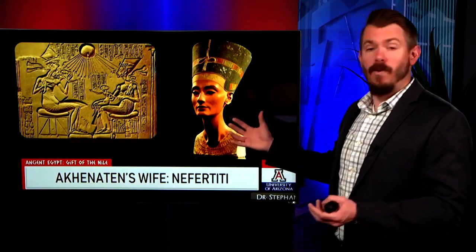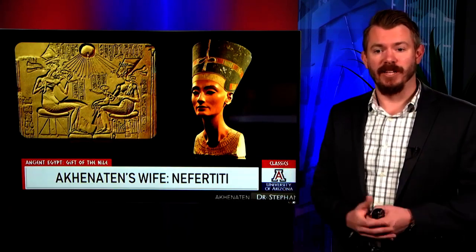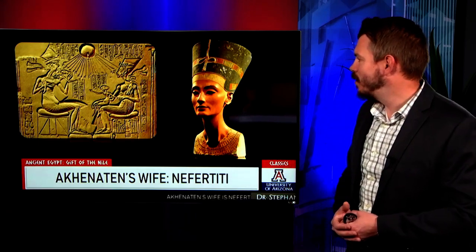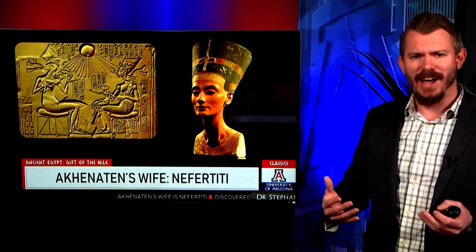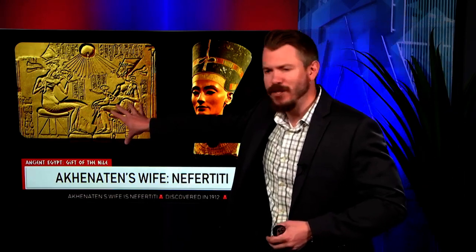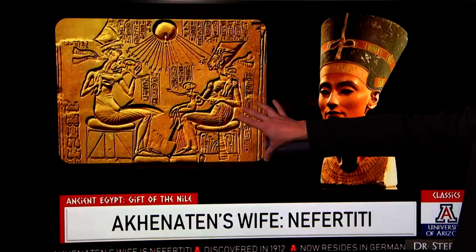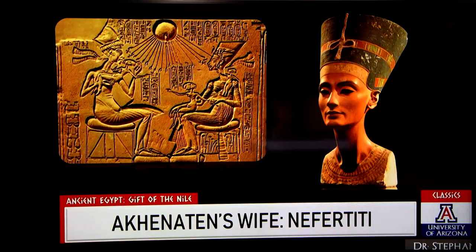We also get one of the most famous wives in all of Egyptian antiquity, and that, of course, is Nefertiti. So one of the cool things that Akhenaten does is he almost always represents himself with his wife, with his wife, with his kids. That's a cool thing. And it's Nefertiti that gives us one of the most famous artifacts from ancient Egypt. So this now resides in the Berlin Museum, so you have to actually go to Germany to see this thing. But it's considered one of the most beautiful sculptures in all of the ancient world.